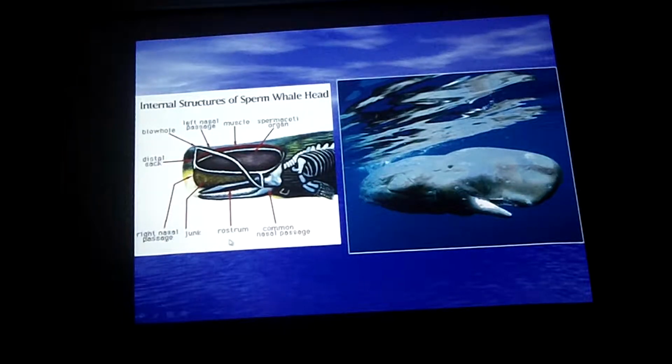here is a sperm whale, and a sperm whale has a huge, what they call a spermaceti organ. See that thing right there? And it's the melon. It's the melon for the sperm whale. So it makes vibrations back here. The vibrations run through the spermaceti organ, and the vibrations are magnified and condensed and come out the front of the whale. And